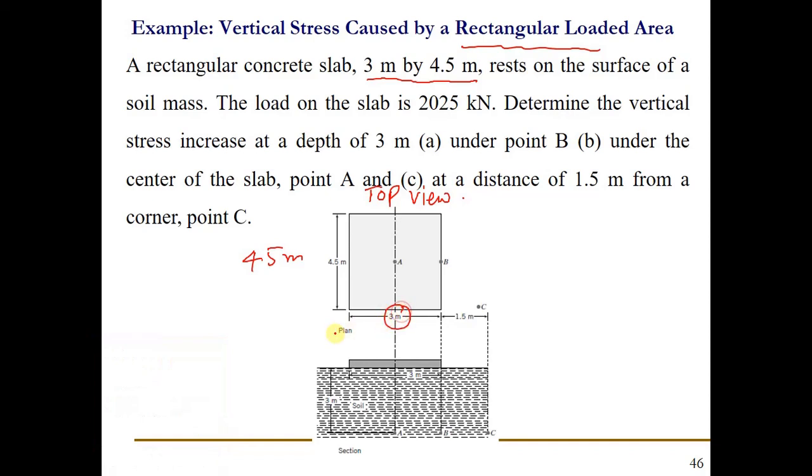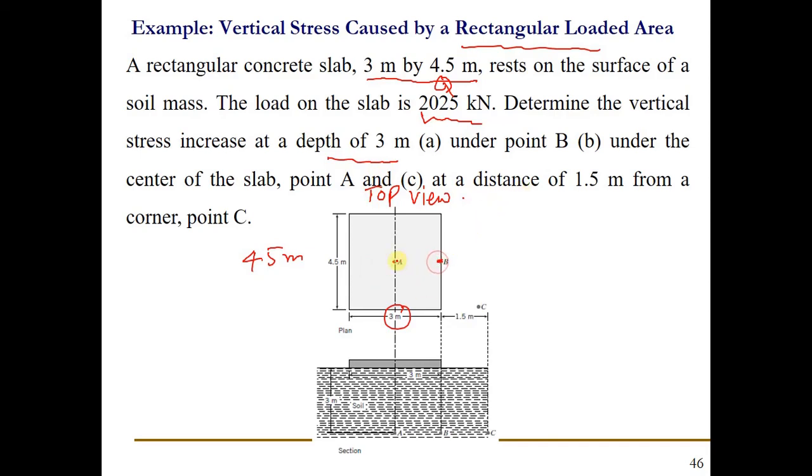So that's 3 meter. And that load Q is equal to 2025 kilonewton. We need to determine the vertical stress increase at a depth of 3 meter at point A,